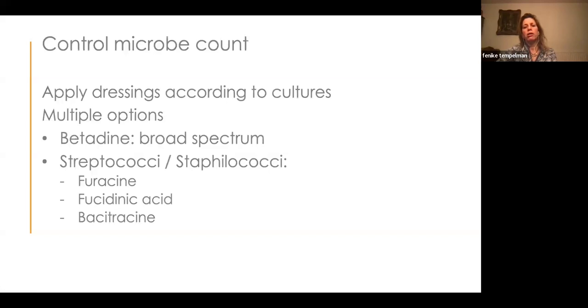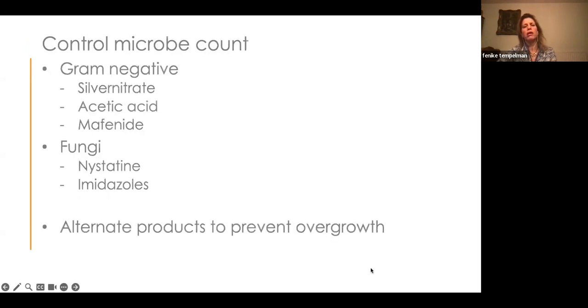In some countries, people are still used to applying dressings according to cultures. And this is especially in the case where there is not a big problem with multi-resistant bacteria. And in those countries, people still use antimicrobials to treat their microbes in the wound. For example, for the streptococcus and the staphylococci, they would use bacitracin, fusidic acid, or furacin. And for gram-negative control, usually people use silver nitrate and acetic acid. And in the early days, and I'm not sure if they still do, they would use silver-myelin or mevanite on